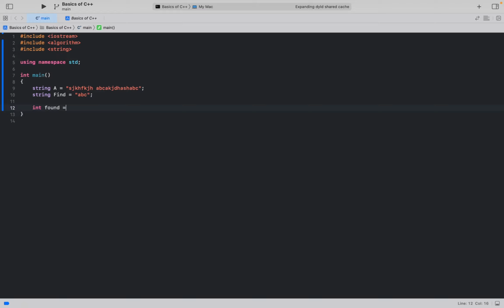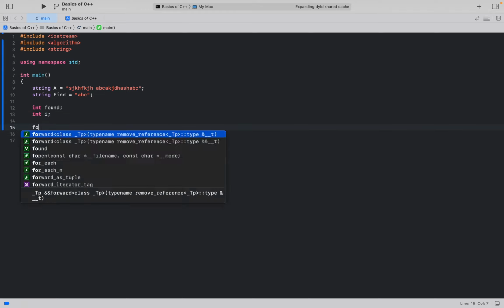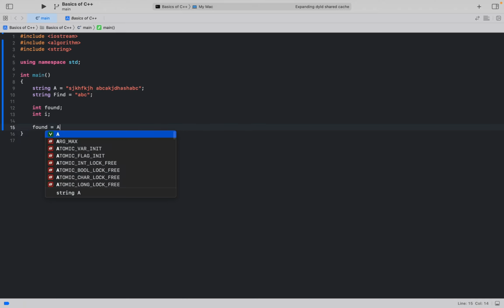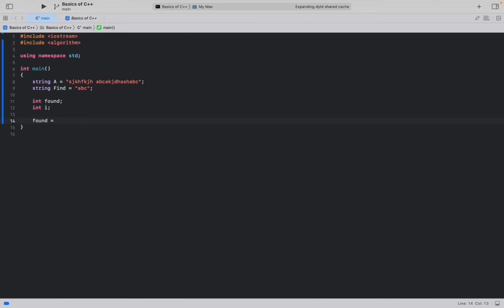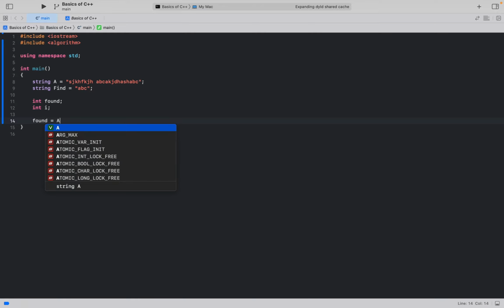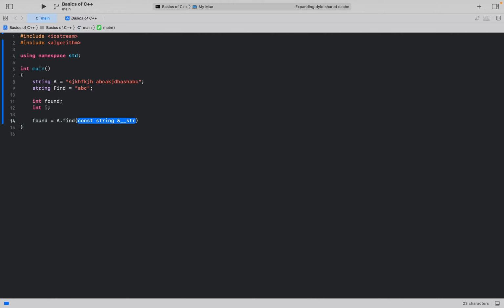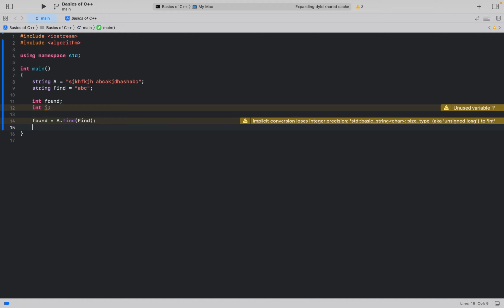make another variable int found, and then int I. Found is a. So by the way, we've added two different libraries as well. We only need algorithm. We don't need string. Found. So the text that we are going to find from is a string a dot find is going to be find. So we are going to find this find variable, this thing, from the a,